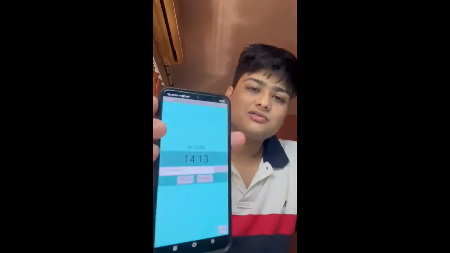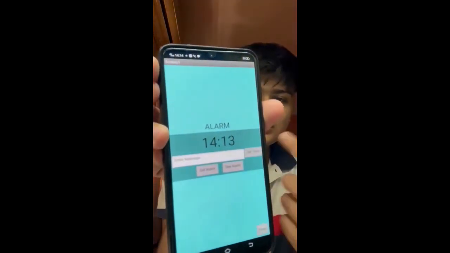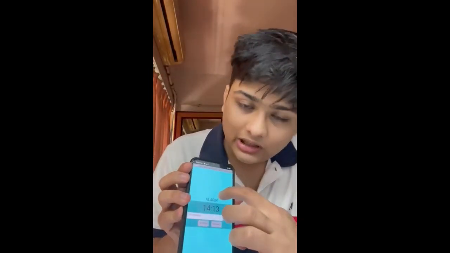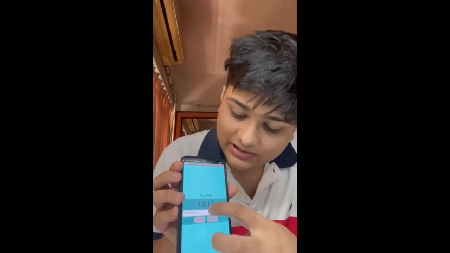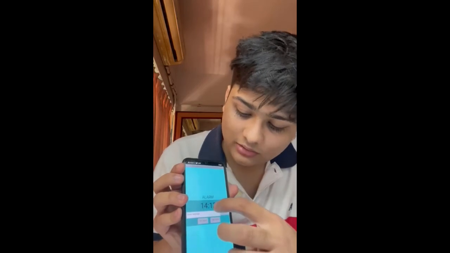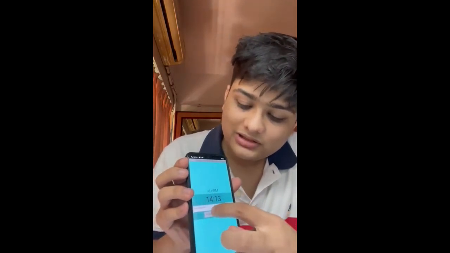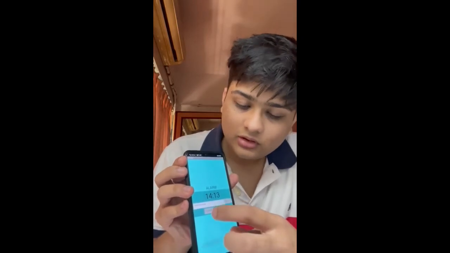Hello, I'm Shashwat Shah and now I'll be demonstrating the app that we have built using MIT Inventor. So as you can see, this is the screen and this is how it will look. Over here there is the alarm mode and this is the message mode. So when you write a message and set an alarm, let's say I'm setting the alarm